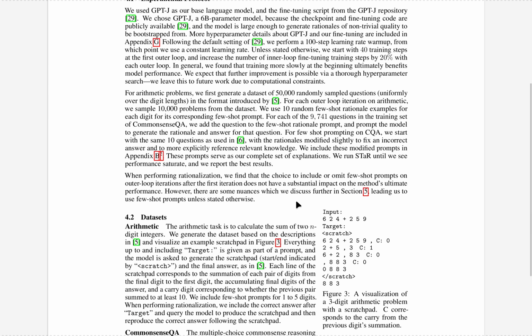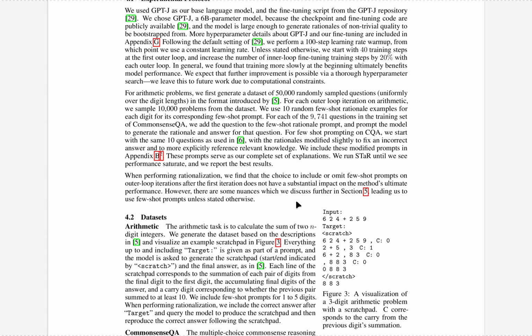For arithmetic problems, we first generated a dataset of 50,000 randomly sampled questions uniformly over digit lengths in the format introduced for each outer loop iteration. On arithmetic, we sampled 10,000 problems from the dataset. We used 10 random few-shot rationale examples for each digit for its corresponding few-shot prompts. For each of the 9,741 questions in the training set of CommonsenseQA,